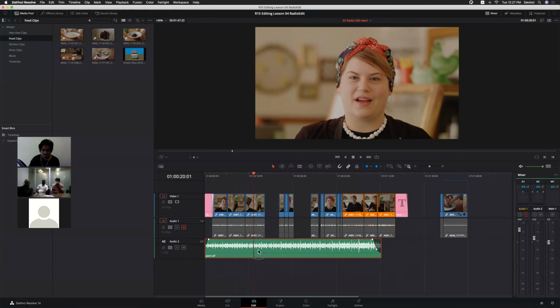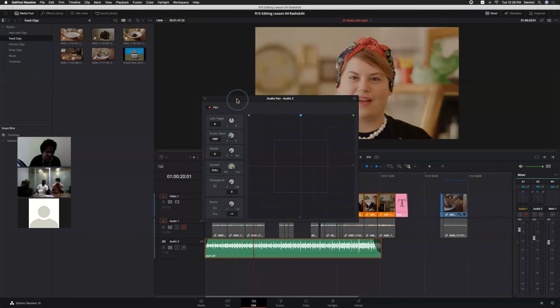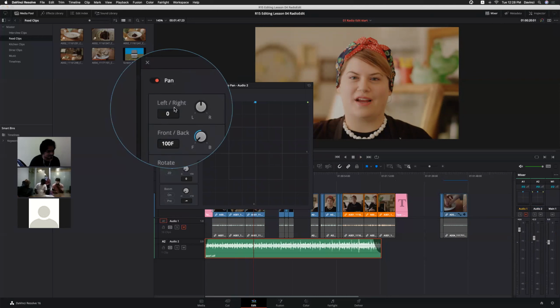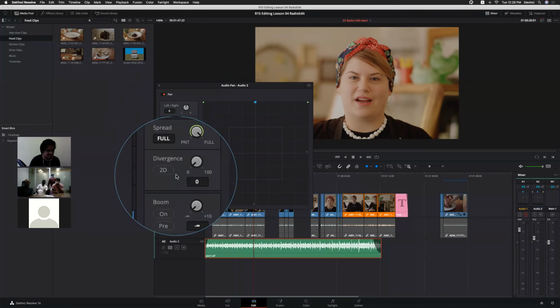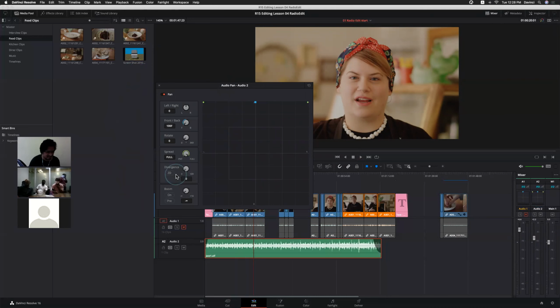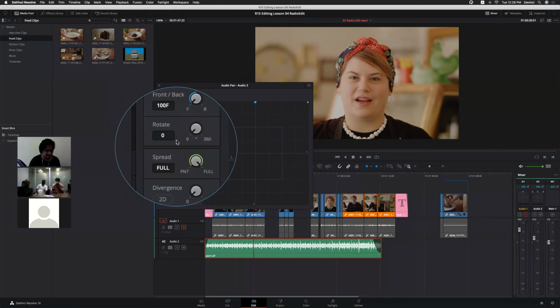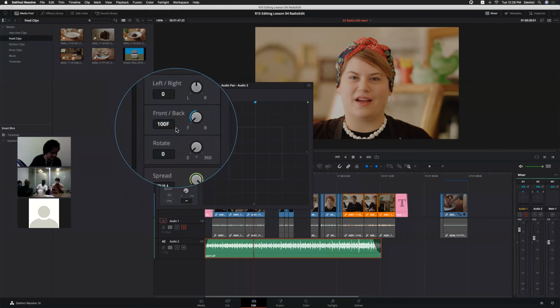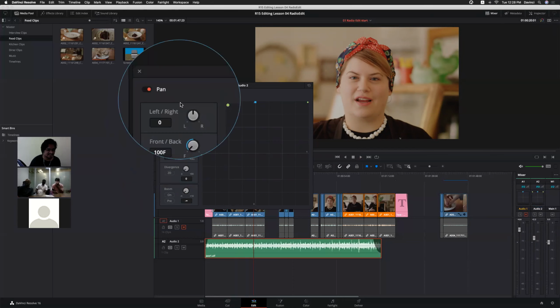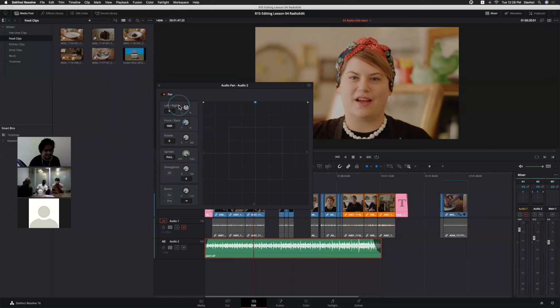Now, if you want to use a panning option, just double click this diagram, the dynamics one. Simply click it. It will automatically open these options. We use these options even for 5.1 also, to adjust the front and back, the rear surround speakers, and this is for panning. For this one we'll use only left and right.